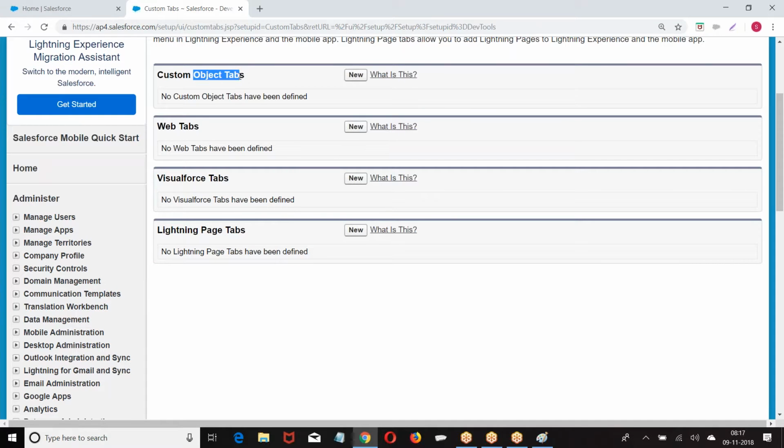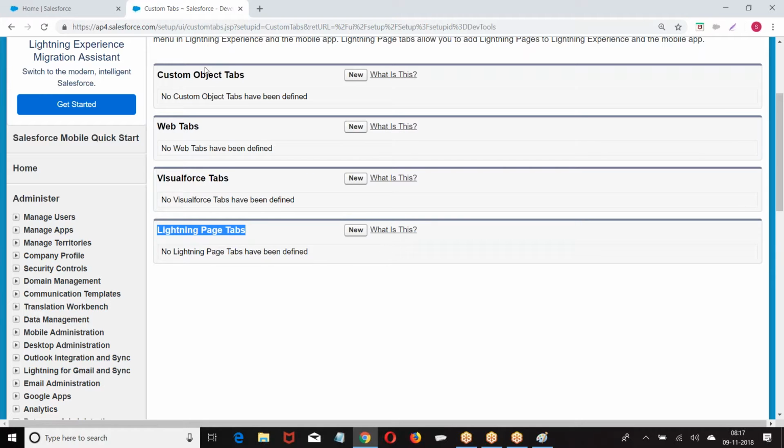Custom object tab, a tab for the custom object. Web tab: when you click on this, a web page will open. Now we have Visualforce tab: when I click on this, a Visualforce page will open. Lightning page tab: when I click on this, a Lightning page will open.